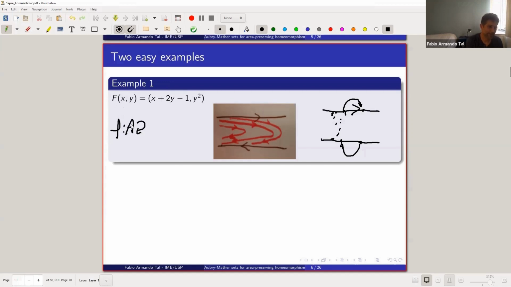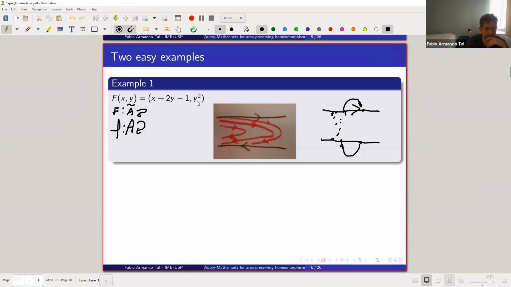This is the map from the annulus, and big F is the map that goes from the strip to the strip. Is this formula correct? I understand the picture, and I think the formula is correct, but